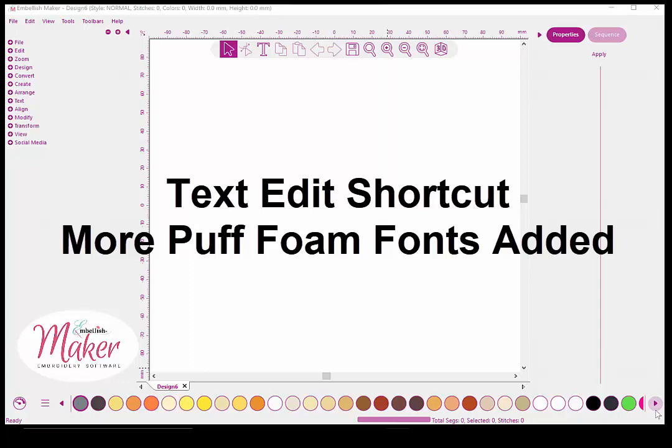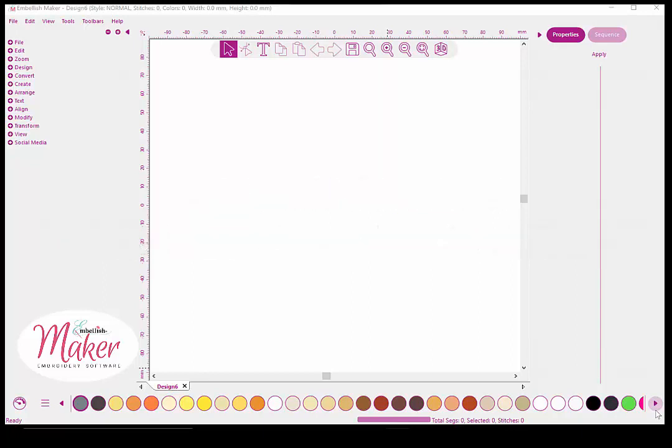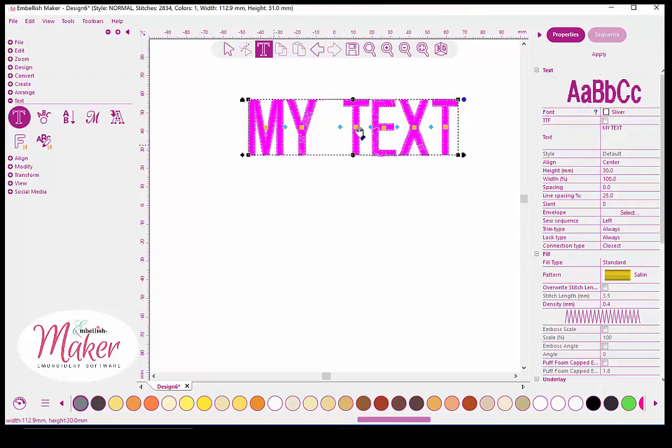Fall 2019 includes a free update for Embellish Maker, and in this video I want to show you how to use the new text edit shortcut. So whether you use the text shortcut here or you travel to the cabinet text and create text by left clicking and then left click in the workspace,